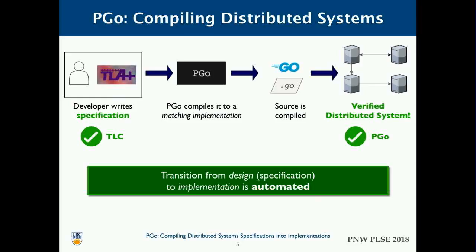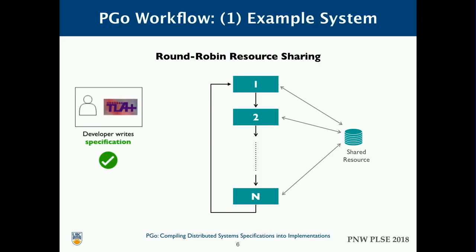So the advantage here is that this transition from a design level, where you have a specification, to the implementation is automated. Previously, you would have a developer do this translation for you, and then you could introduce errors. But by automating that, you can get rid of this chance of adding errors. So to illustrate this workflow, I'm going to use as an example this very simple system,